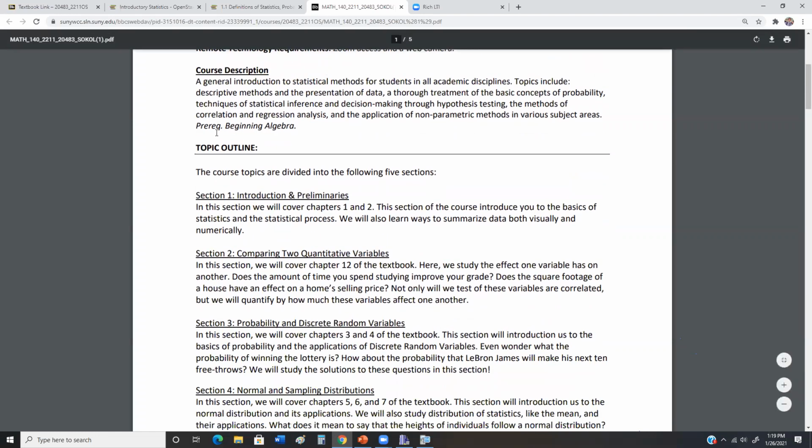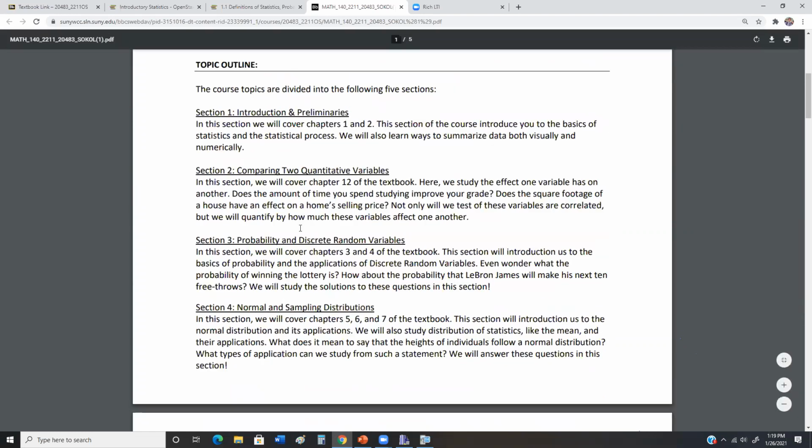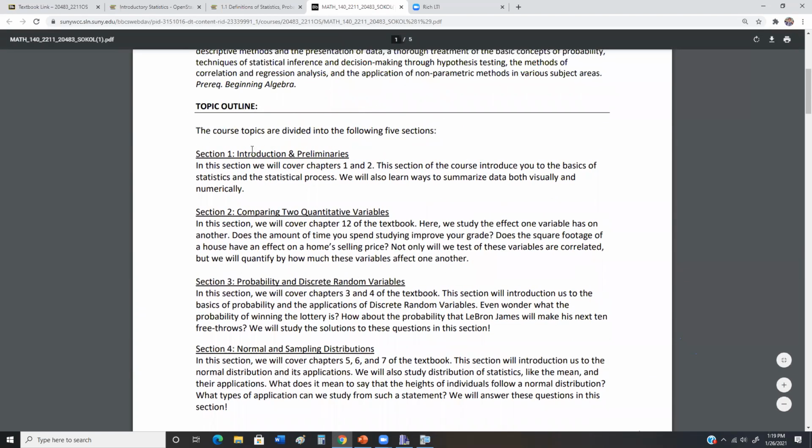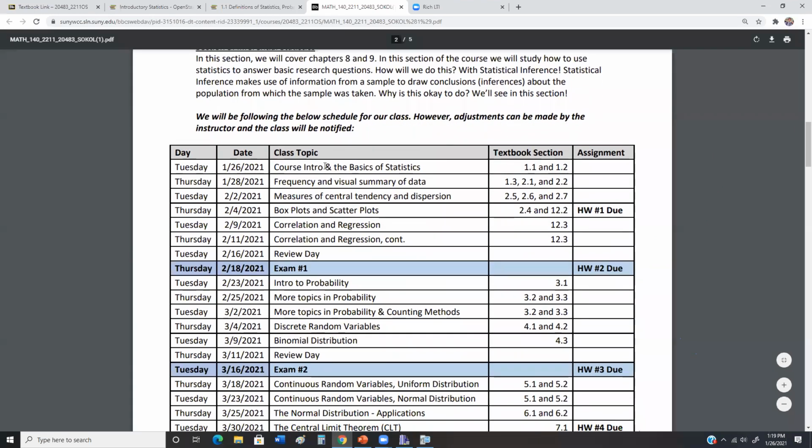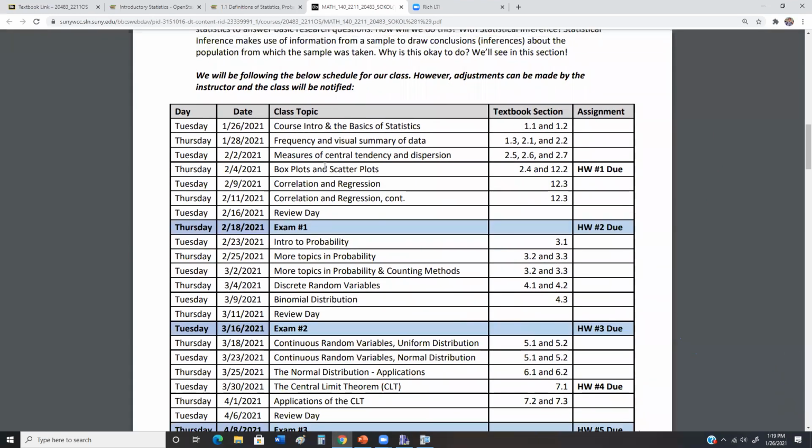Okay, so I break the course down into 5 sections. I'm going to cover this in my first PowerPoint in more detail, so I'm going to skip this topic outline for now. But what you can see next here is I have a course calendar where everything is broken down. We're going to pretty much follow this course calendar to the T. We might change things around by one day at most, but if anything were to change, I'll let you know.